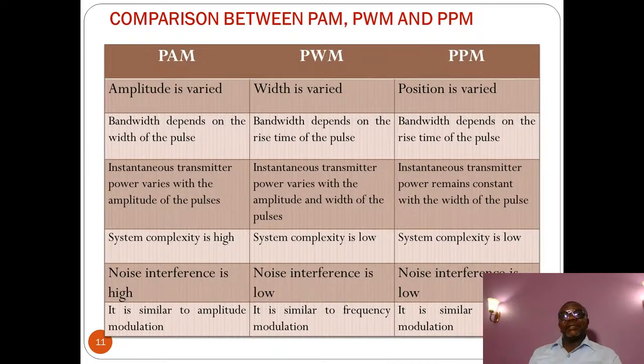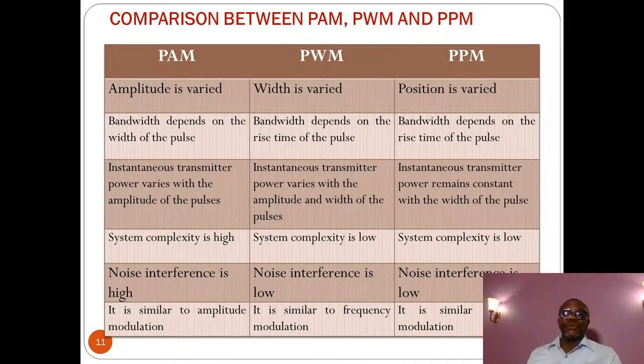So you can look at the comparison between the three of them. The PAM, pulse amplitude modulation, under that, amplitude is varied. For PWM, width is varied. For PPM, position is varied. For the PAM, bandwidth depends on the width of the pulse. For the PWM, bandwidth also depends on the rise time of the pulse because it has to do with either the trailing or the leading edge. Then for PPM, bandwidth depends also on the rise time of the pulse